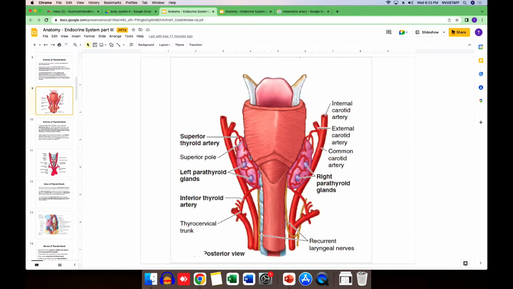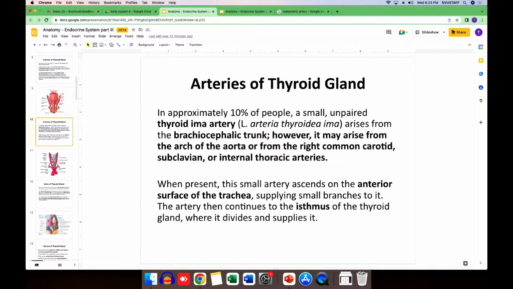Yeah, this is exactly what I was talking about. Superior thyroid artery, inferior thyroid artery, right? It is the posterior overview of our thyroid gland. And as you see here, we will continue with that also. We have here two round structures, right? So this is our parathyroid gland, which is located on the posterior aspect of the thyroid gland. And we have four of them. We can have variations, but mostly in normal human anatomy, we have four parathyroid glands, okay? And they are located on the back of the